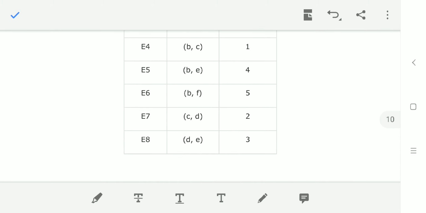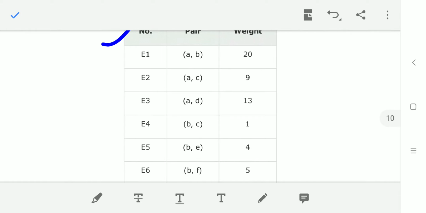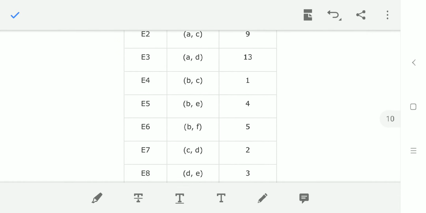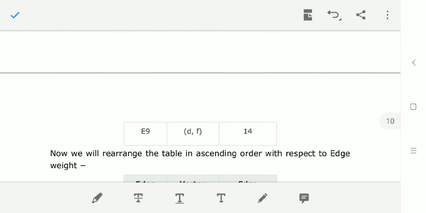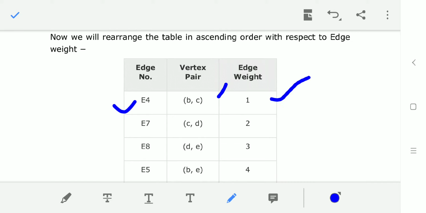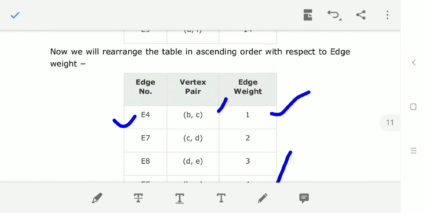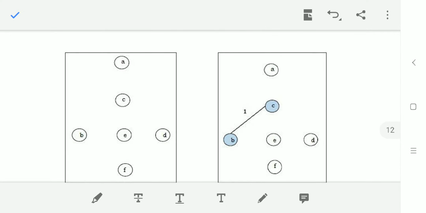ये देखिए आप यहाँ पे जैसा दिया गया वैसा तो हमने लिख लिया यहाँ पे edge number, vertex pair, edge weight and now we will इस table के format में increasing order में put up करेंगे। तो देखिए जो weight है वो 29, 13, 1 तो 1 है वो first आ जाएगा। See here E4 BC vertex and weight is 1. 1, 2, 3 these are the weights in the ascending order. ओके देखिए